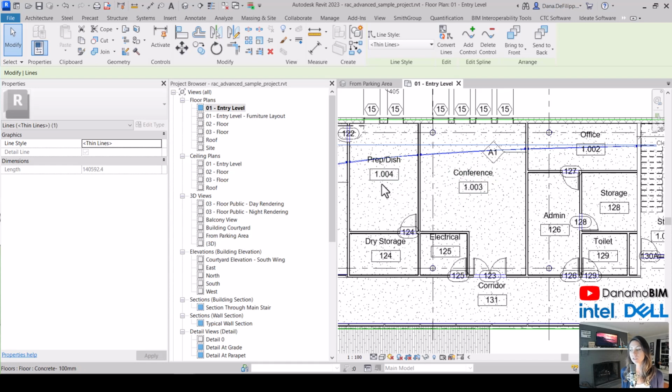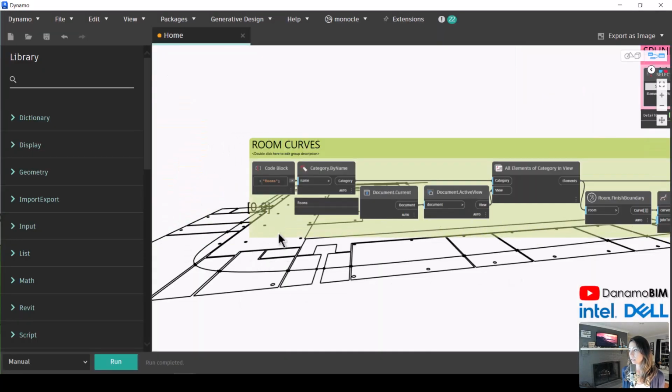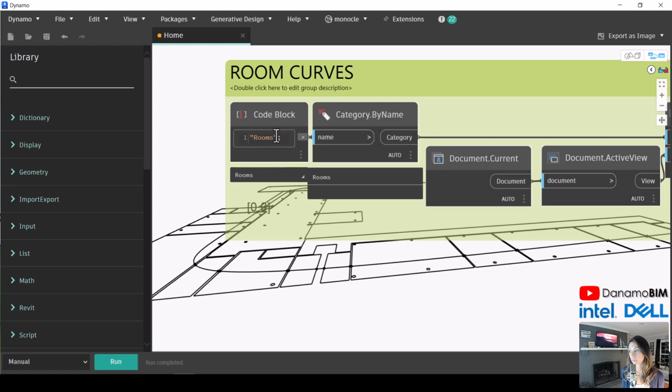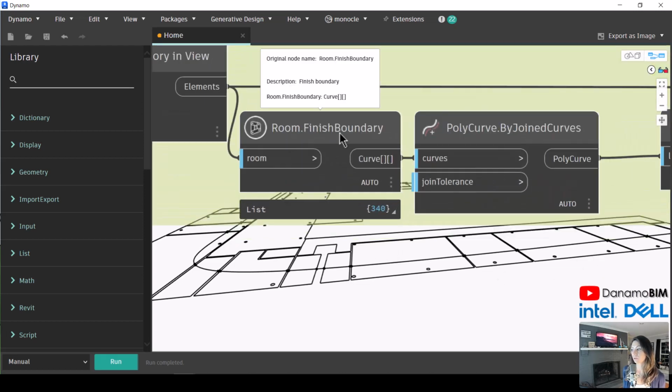Once again, as I mentioned, you could do this with spaces as well, very similarly, by just switching out those two nodes, the rooms for spaces, as well as the Room.FinishBoundary. You would use